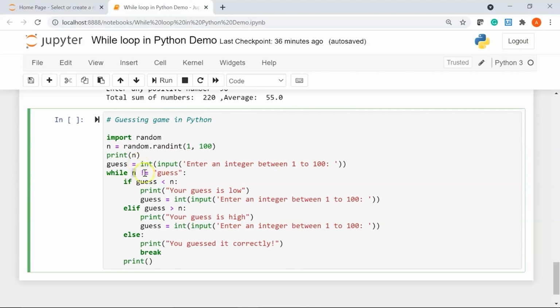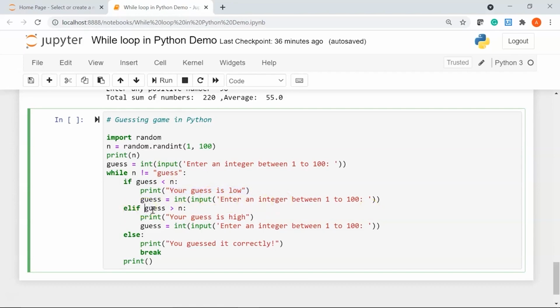I'm checking if my random integer is not equal to my user input, that is guess, and if that guess is less than my random integer, I am going to print your guess is low. Then I'm again asking the user to input an integer between 1 to 100.